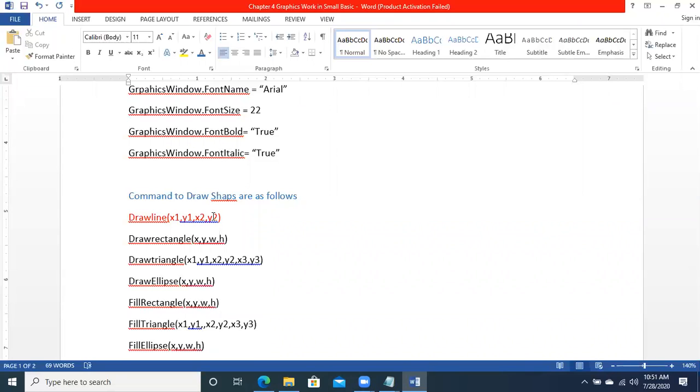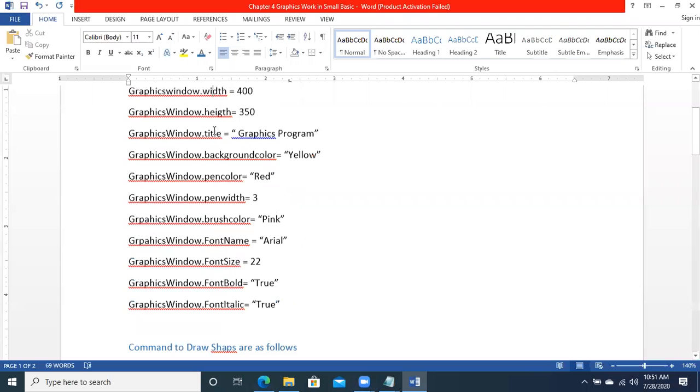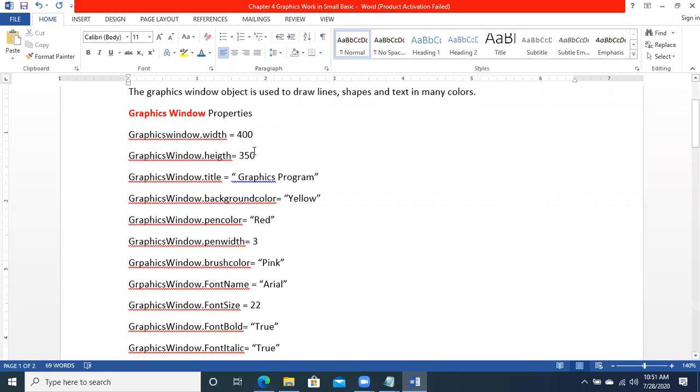What is the screen size or the page output size that we are taking? Just like last time we had taken 440 and 150. 440 was the width and 150 was the height. Just like in this example, we changed it to 350. So all other properties are there that we need to set over here.